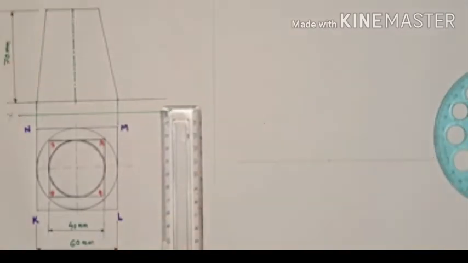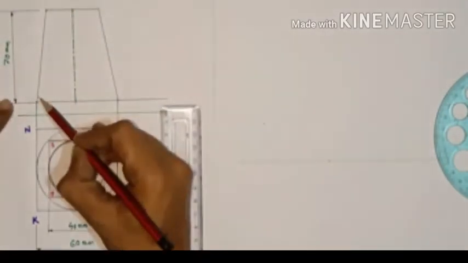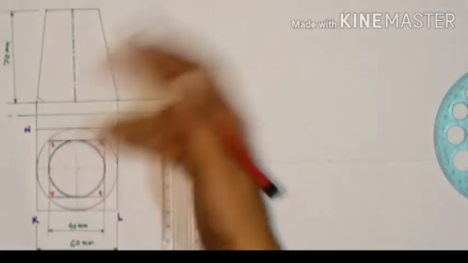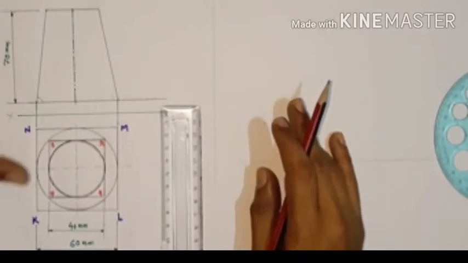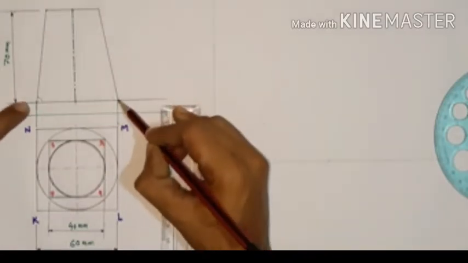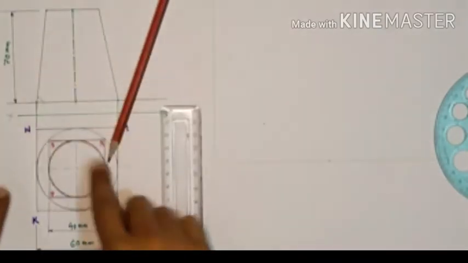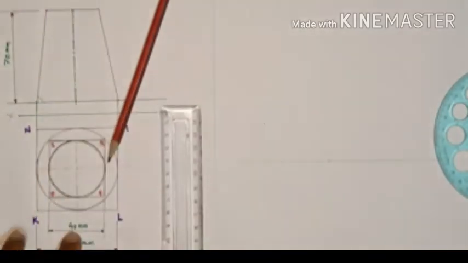Now that is the axis. When we see this object from the front, it looks like the frustum, like this. Some angle is here, it could be 60 degree, 45 degree, or 75 degree, that is not a matter. The distance between them is 70 mm. So from this end we make a straight line. At the top there is a circle of 40 mm, and 70 mm below, from this point, we have another circle of 60 mm.